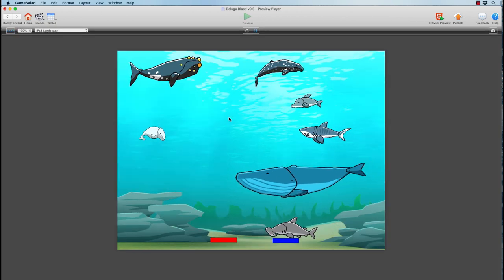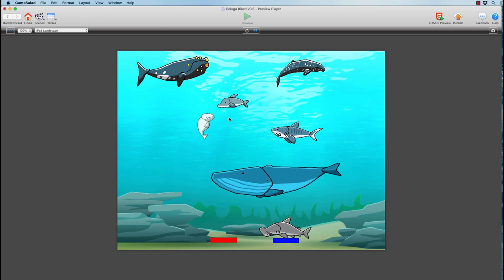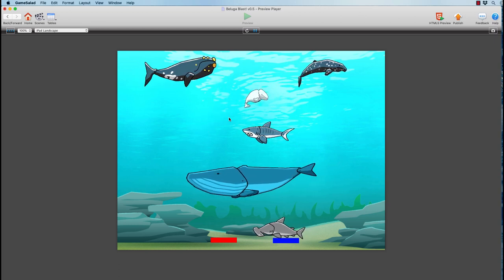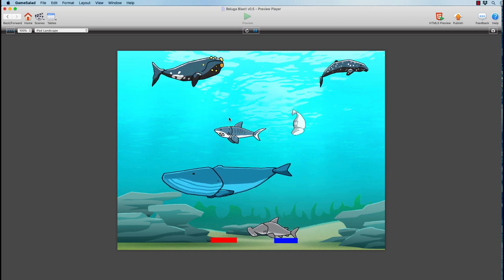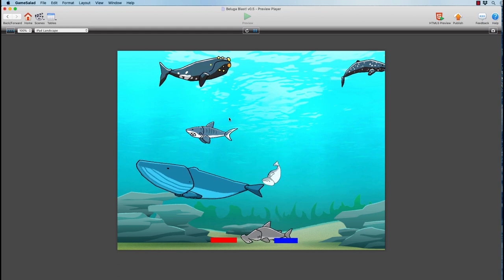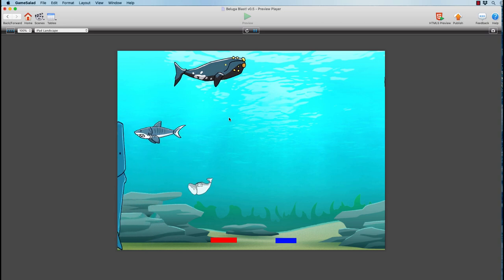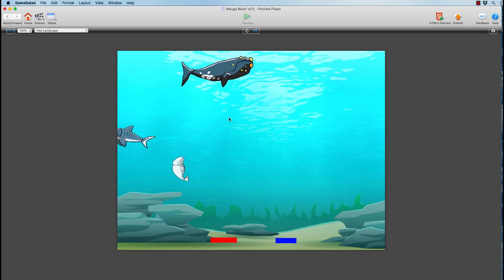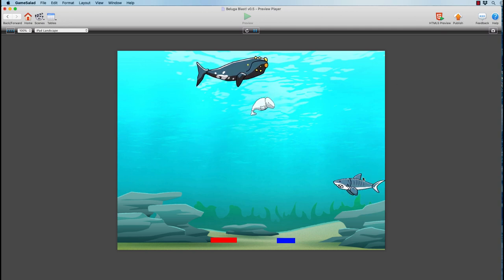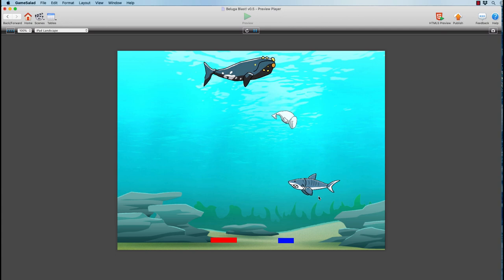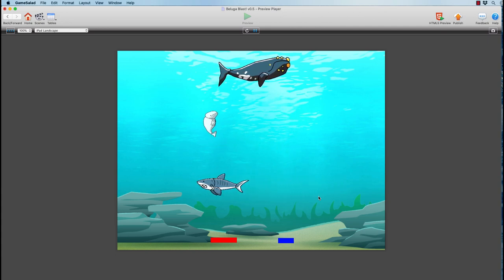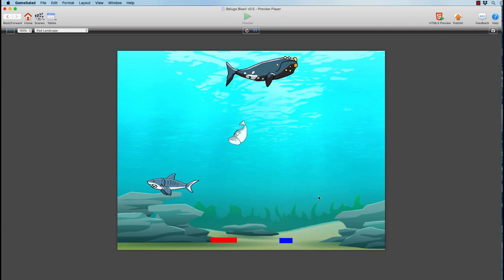So this is great. Now we've got something going on. Our beluga can swim around, and this is all going right. Knock that shark out of the way, and be careful because that's going to knock that shark back. And hopefully we'll see here within 15 to 25 seconds that shark should spawn in. And sure enough, there we go. So now we have some action happening. We've got some event-driven programming causing a shark to spawn in every so often. This is very good for keeping the game interesting.